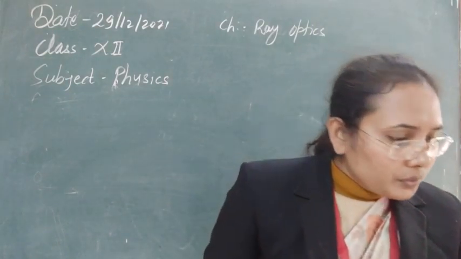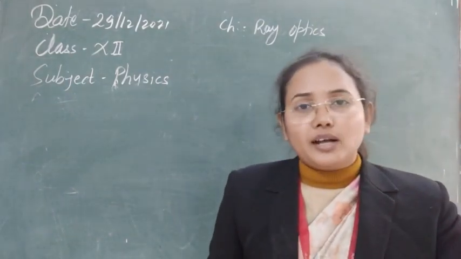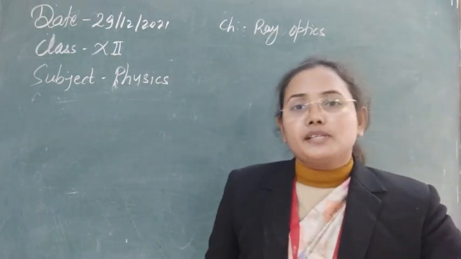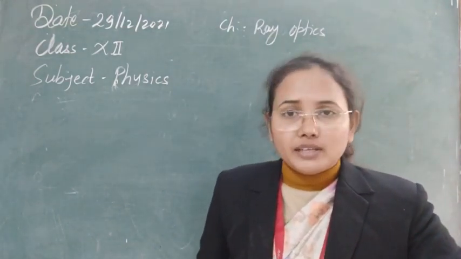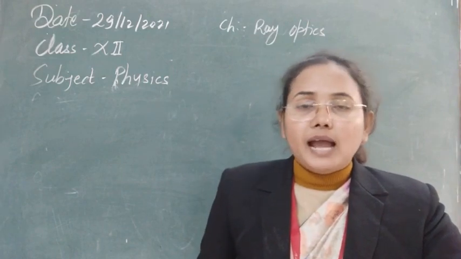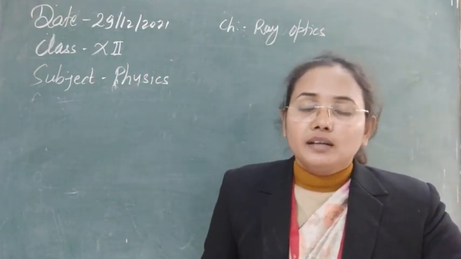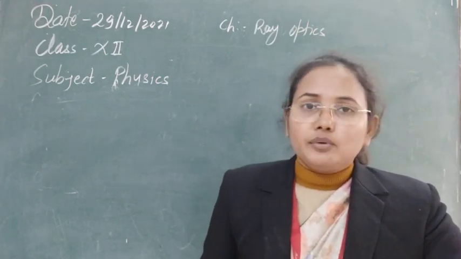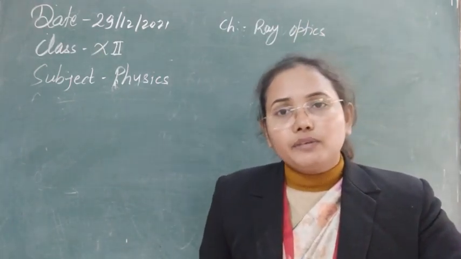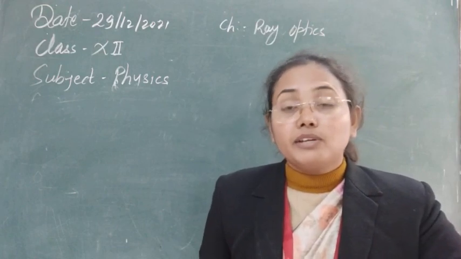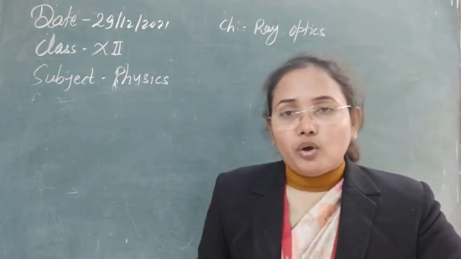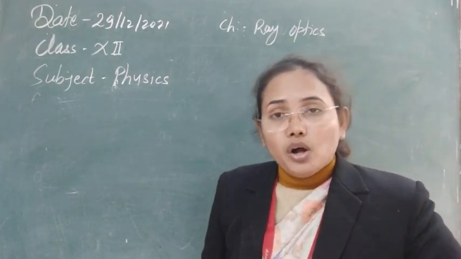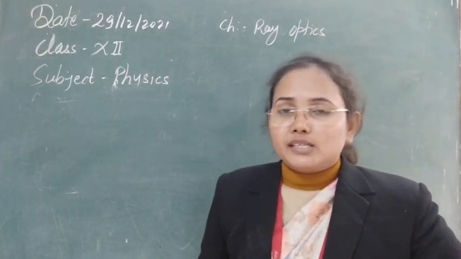Now lens, as you know, is a transparent medium bounded by two spherical surfaces. Up to now you have seen only one spherical surface, but if we have two spherical surfaces, then different kinds of lenses can be formed. So the formation of lens, I have told you in classes: if two refracting surfaces are kept in such a manner, we can have a biconvex lens, biconcave lens, concavo-convex lens, or convexo-concave lens, also plano-convex and plano-concave lens, in such a manner.